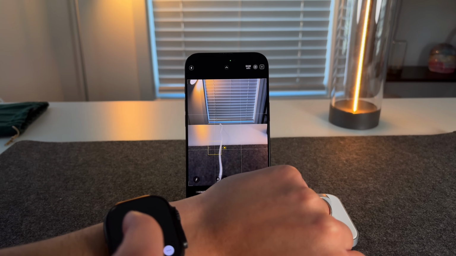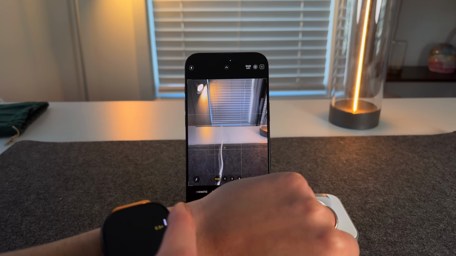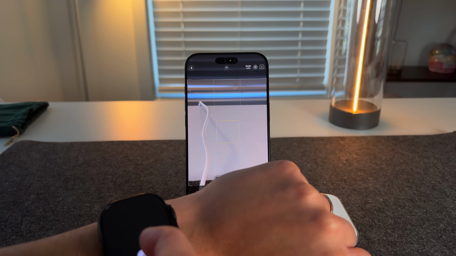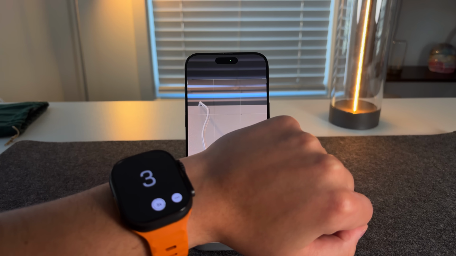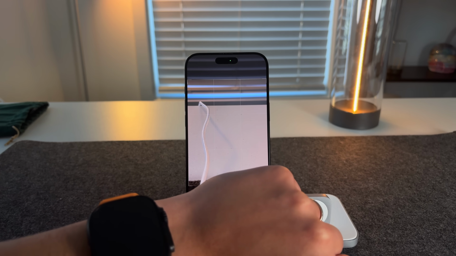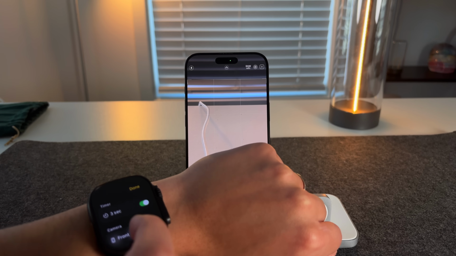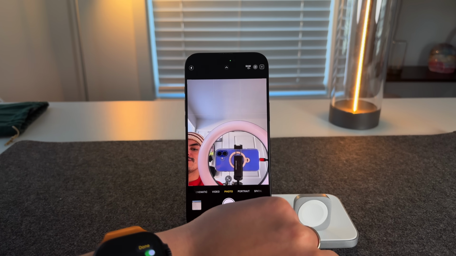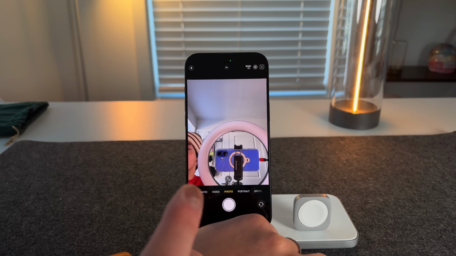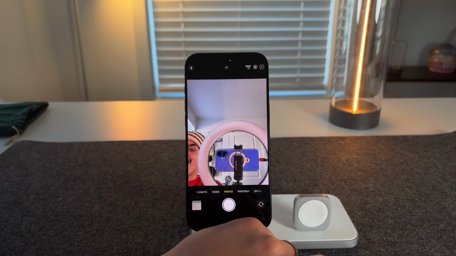but you still will always have the ability, as you can see, to control the focus, control if you're zooming in or zooming out with the actual digital crown, and then you have a timer to take it right here. It'll time down, and then you can take that image. You also have the ability now to reverse it, so if I go into my settings here, you can actually change it to the front camera if you want to. Hello. So being able to use your Apple Watch as a viewfinder is something that I've used for years and